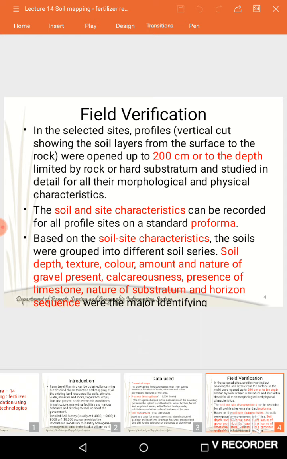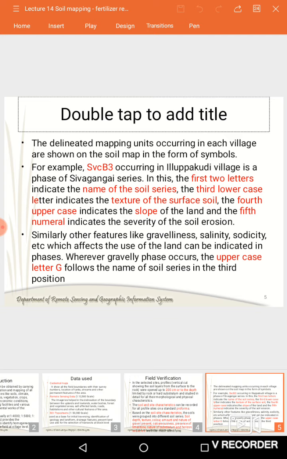In that soil profile study, the soil and the site characteristics can be recorded and grouped into different soil series based on the depth, texture, color, amount of gravel presence, calcareousness, etc. And the delineated mapping units can be noted in the soil map in the form of symbols.